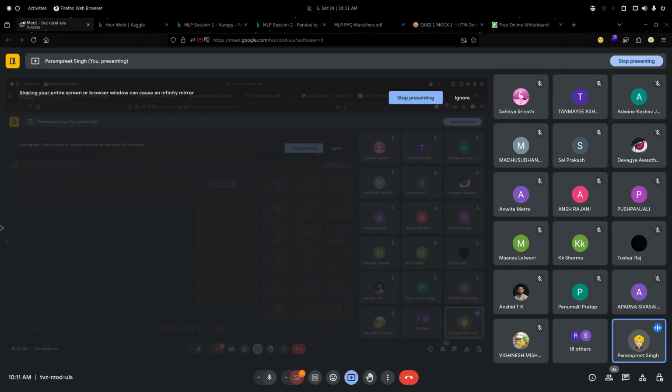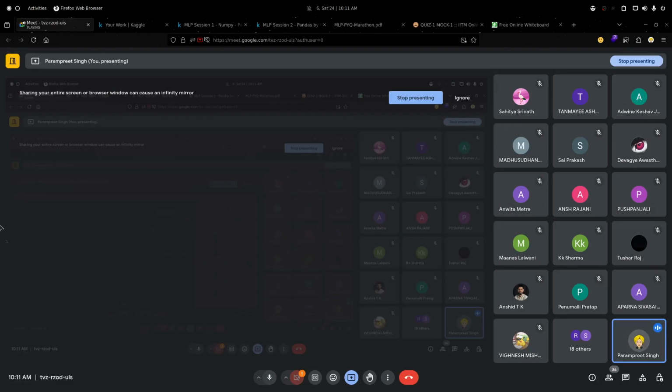Dict vectorizer. Okay, let me import the dict vectorizer first. I guess it is in preprocessing, if I'm not wrong. This is the main problem, in which library the function is coming. You come to know that by practice only.